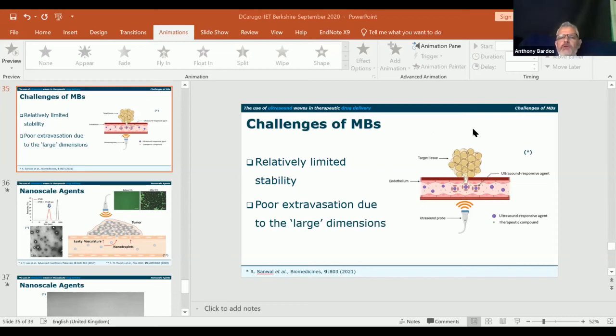Is absorption of the wave an issue as well as reflection? That's a really good question. So definitely the absorption of the wave is also an issue that needs to be considered. And of course, there are tissues that will offer greater absorption compared to others. So definitely that's something that we need to